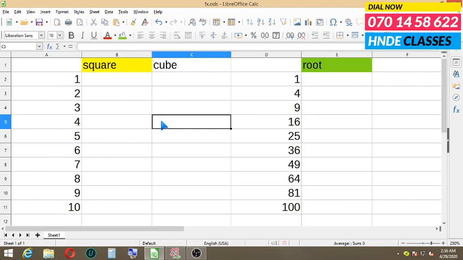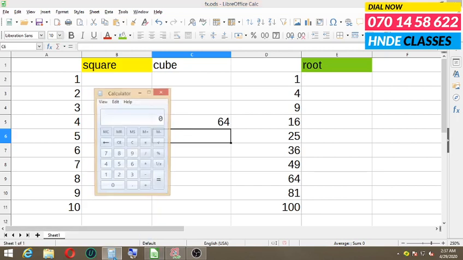Let's do this. Once again, hit equal and select my base. It is in cell A5, and shift plus 6, that is I am going to raise the base by the exponent, which is going to be 3, that is 4 into 4 into 4, which is equal to 64.